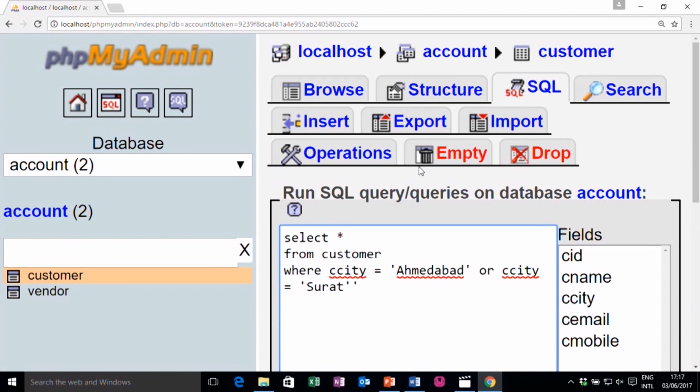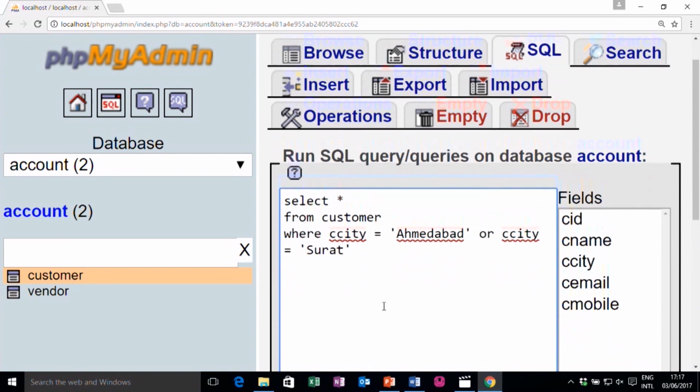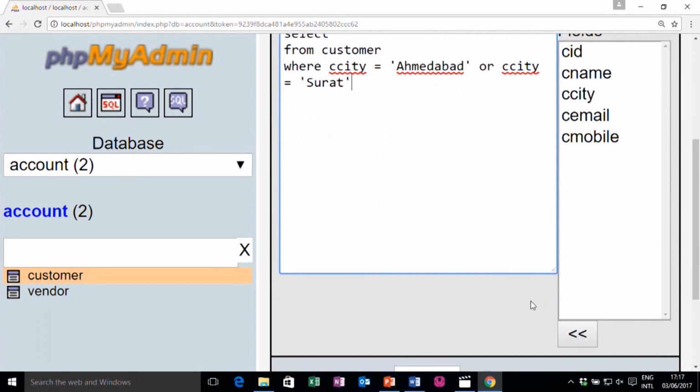That means it will take only those records where customer city is either Ahmedabad or Surat. So, when I click on the Go button,